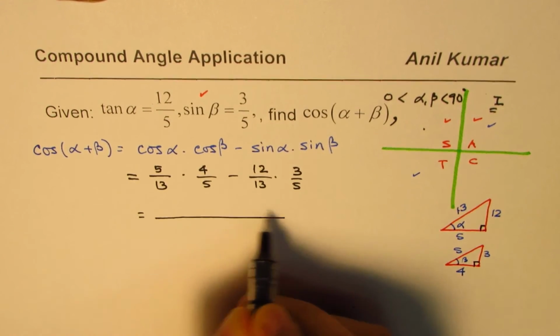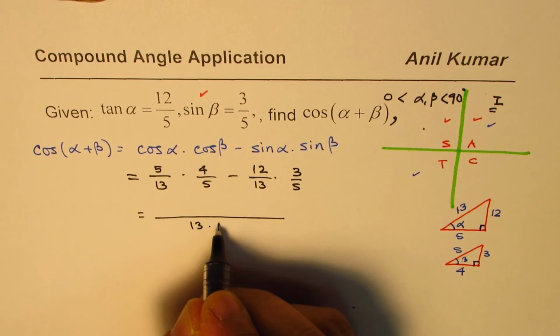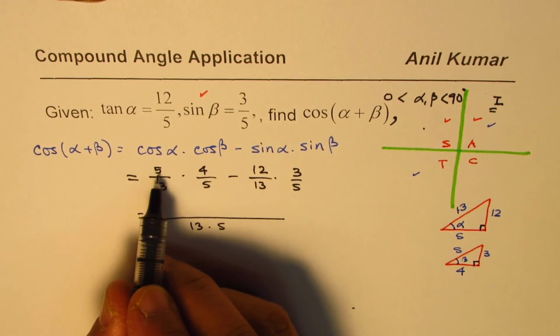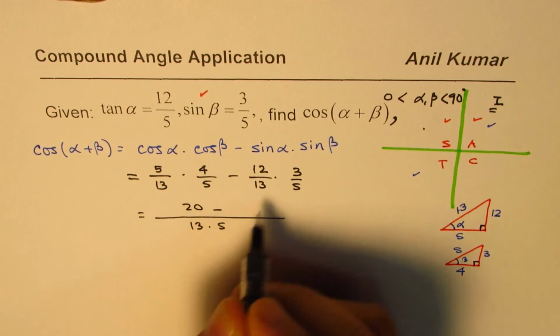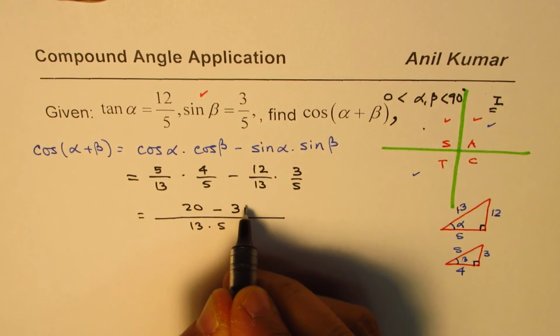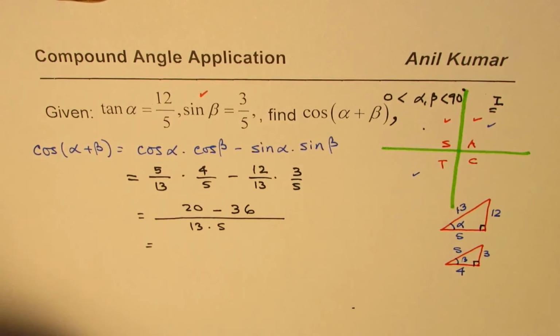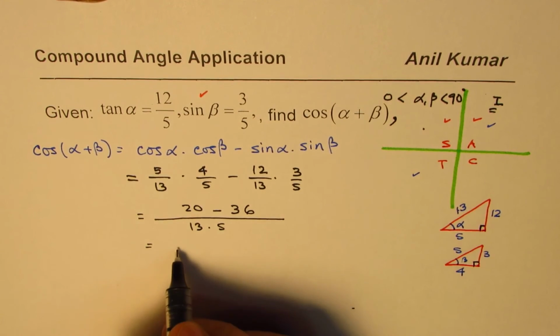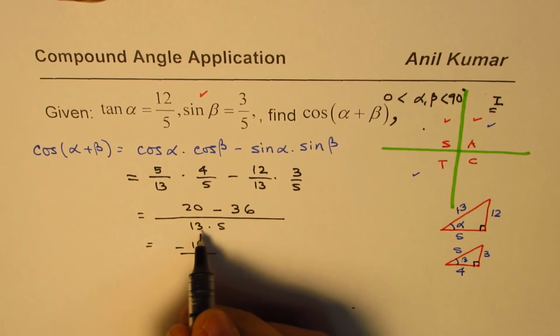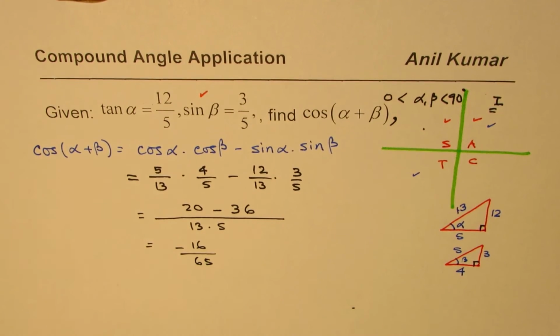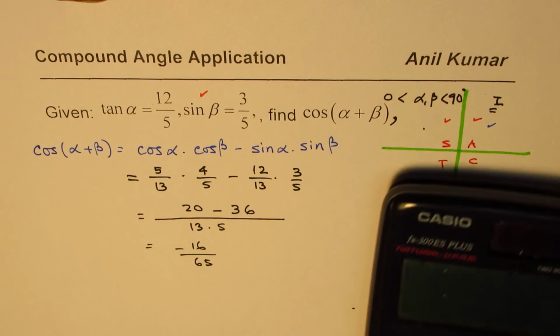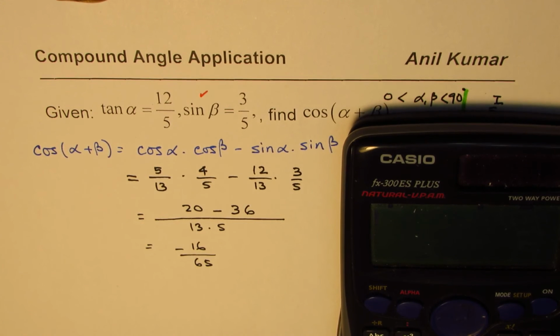So let's combine these terms. Denominator is 13 times 5. Numerator here is 4 times 5 as 20 minus 12 times 3 as 36. And let's calculate this value to write down the result, right? So it is minus 16 over 5 times 3 is 15, 65. So minus 16 over 65 is cos of alpha plus beta. You could also write this as 16 divided by 65 equals, in decimals,